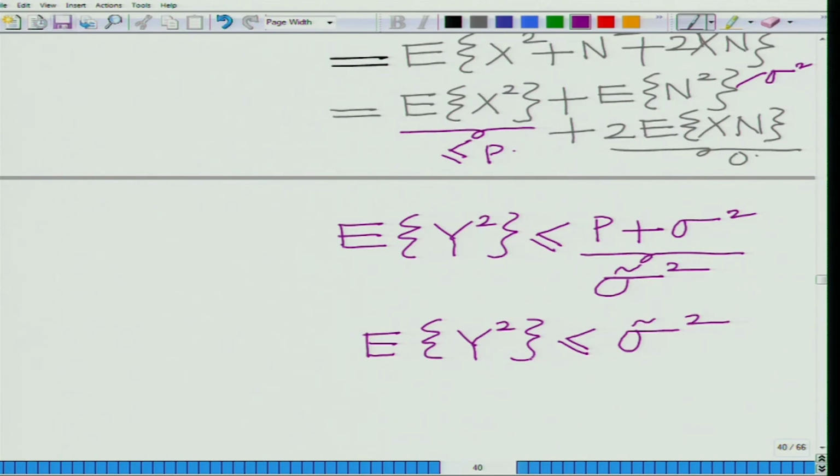Okay. So, now we have to maximize the mutual information subject to the transmit power being P. We can equally frame that as maximizing the mutual information subject to the received power, that is the power of y, being P plus sigma square, that is sigma tilde square. Naturally, if the transmit power is P and noise power is sigma square, the maximum power received can be P plus sigma square, that is sigma tilde square.